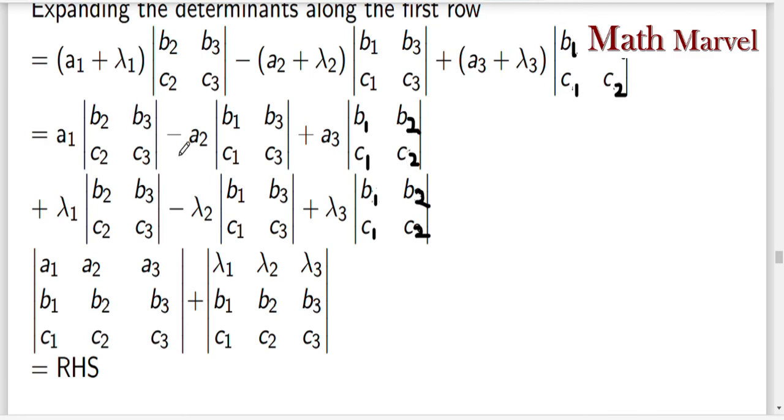So write, instead of this, this determinant plus, now observe, this one is the value of this determinant. Lambda 1 here, b2, b3, c2, c3 minus lambda 2 second element plus lambda 3 third element. For the second element, hide this column, this row. So we have b1, b3, c1, c3, this 2 by 2 determinant, plus the third element lambda 3. Now hide this row, this column. So we have b1, b2, c1, c2. So this value is nothing but this determinant. Okay, so what we conclude, this one is nothing but my right hand side. This is my required answer.